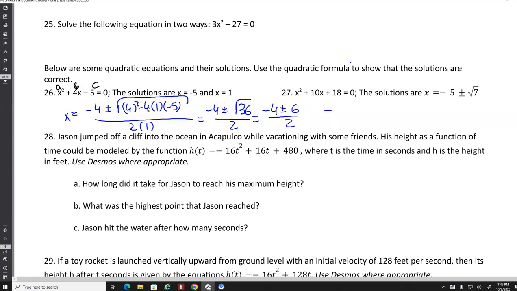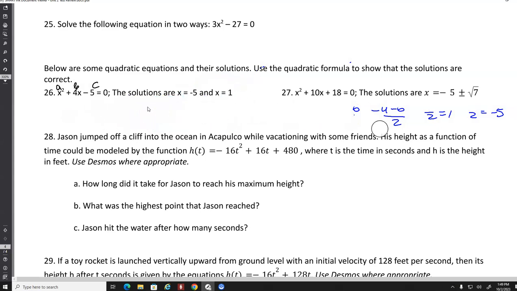And again, we got two answers, negative 4 plus 6 over 2 and negative 4 minus 6 over 2. So we're going to get 2 over 2, which is 1, and then negative 10 over 2, which is negative 5, which both of those answers checked out. Okay, so the first one, 26, is correct. Now I'm going to do 27 the same way. I'm going to plug it into the quadratic formula. Again, this is my A, this is my B, this is my C. So I get x equals negative 10 plus or minus square root 10 squared minus 4 times 1 times 18